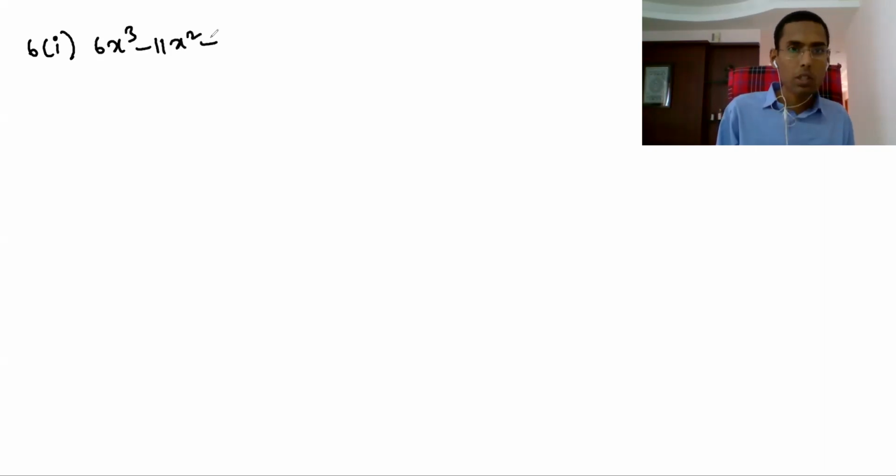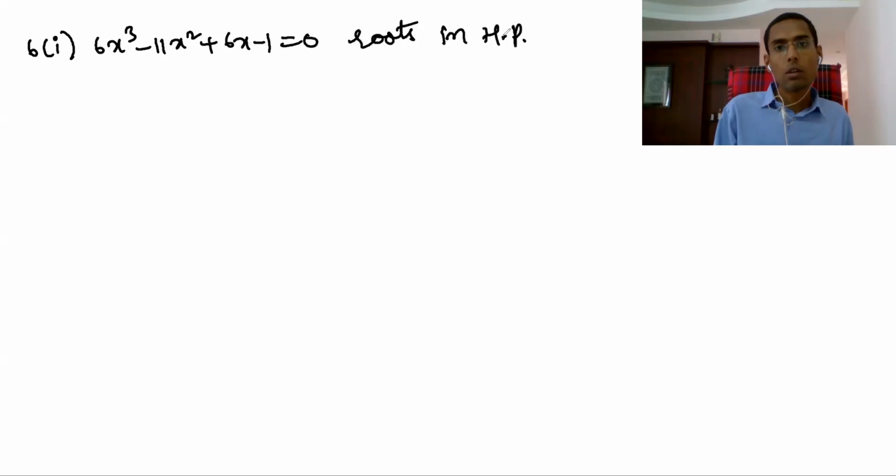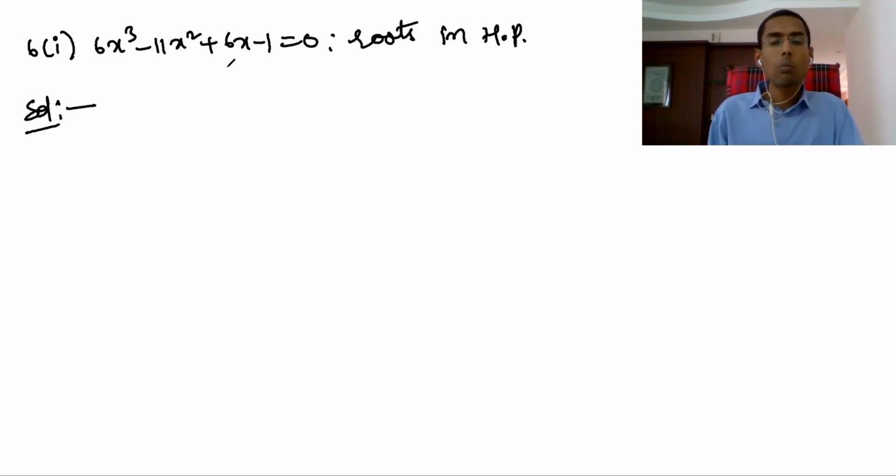Now if roots are in HP, the equation is 6x cube minus 11x square plus 6x minus 1 equal to 0. Roots are in HP. This is the relation that is given to find the roots of this equation. In this, roots are connected by some relation, and then you have to find the roots. Whenever roots are in HP, what you should do is let the roots be